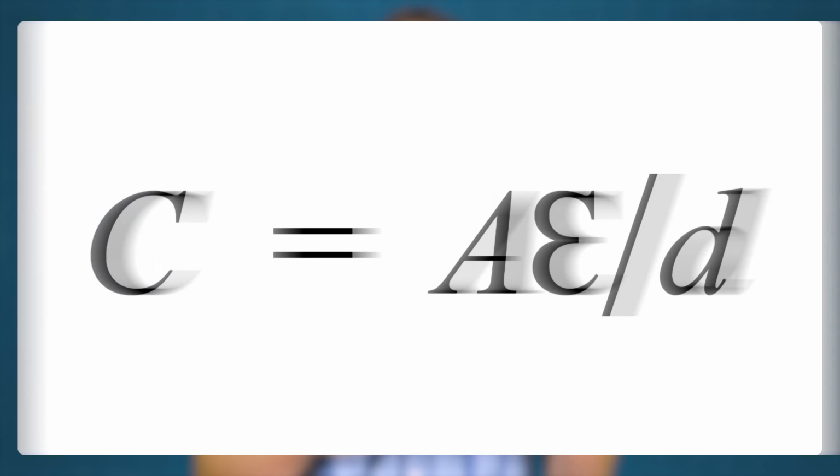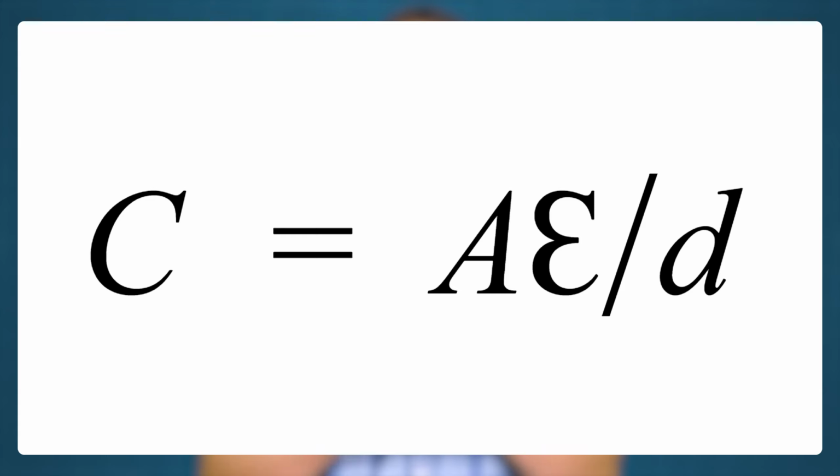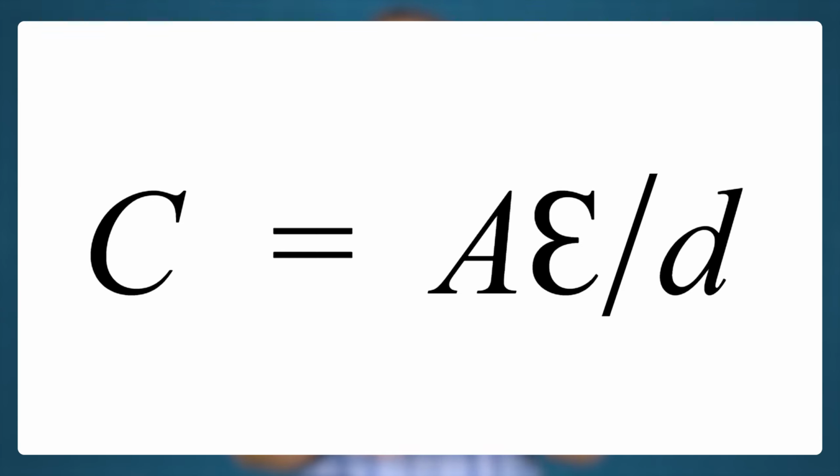Now that we are able to represent the VariCap diode as a capacitor, we can look into the parameters that affect its capacitance. In a capacitor, the capacitance is affected by plate area, A, dielectric constant, capital epsilon, and plate separation, D. This is expressed in the formula C equals A times epsilon over D, or capacitance equals area times the dielectric constant over the plate separation. Therefore, the capacitance of a VariCap diode could also be expressed in the same formula, where you can see that the capacitance goes up as the area increases, or if the dielectric constant is bigger, or if the plates are closer together. Conversely, as the area of the plates and the dielectric constant gets smaller, or if the distance between the plates increases, the capacitance decreases.